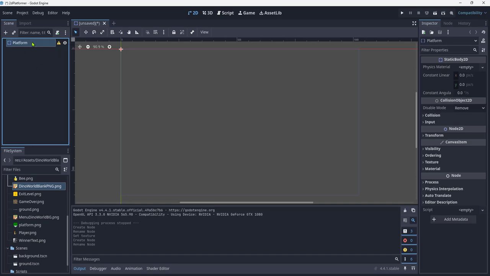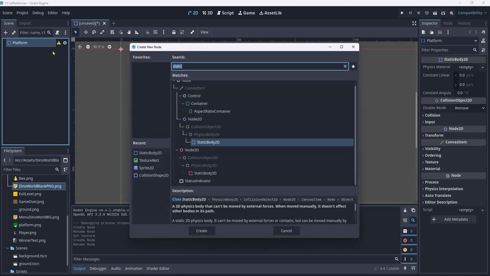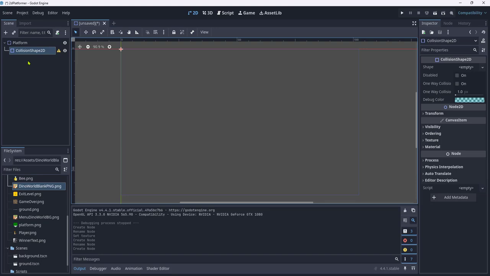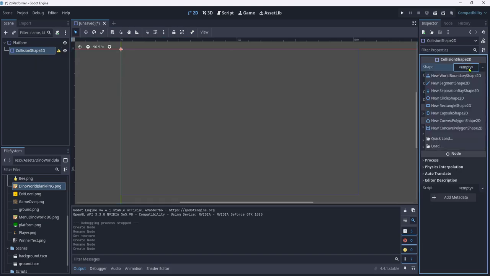We're going to add two items. One is the collision shape. Now, because we've used the node types before, you'll see in the recent section here we can select rather than keep searching for the items here. I need a collision shape, so I can simply double click on the collision shape now. Again, a warning message comes up. With the collision shape selected, I move over to shape. I go to a new rectangular type shape,